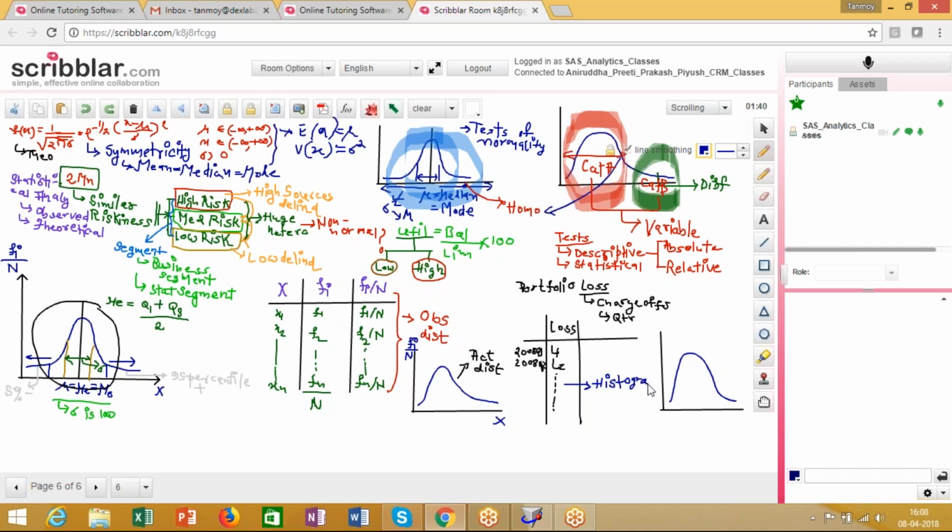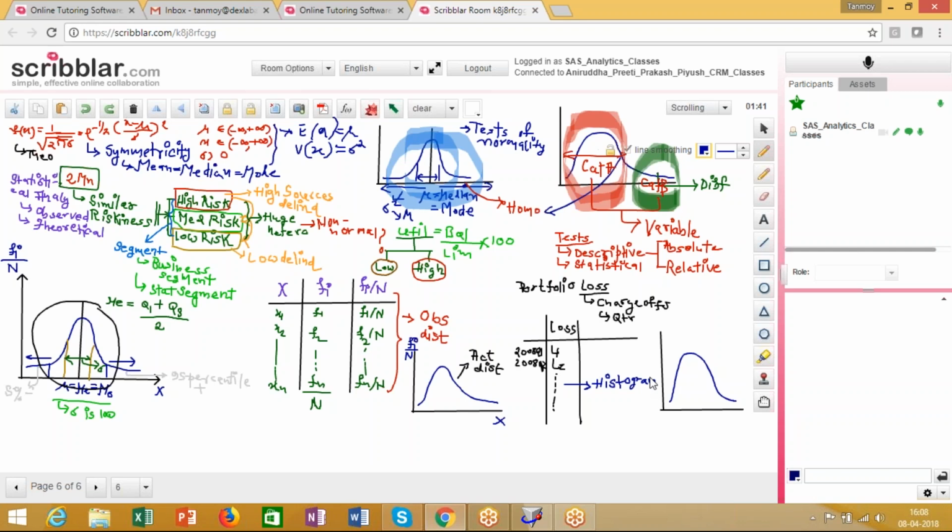So if the loss distribution, or if the charge off rates are, generally charge off rates are more or less normally distributed across quarters, because as you move from quarter one to quarter two, your charge off rate suddenly cannot increase or suddenly cannot decrease. Your business operates at an average level, so your collections also occur at an average level, and given your models, your bad rates or your default rates also occur at an average level. Therefore, the overall behavior is more or less very average in nature,